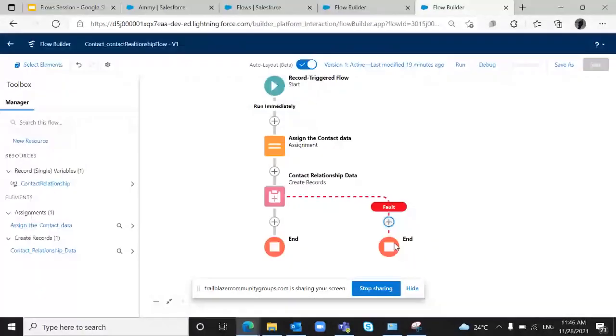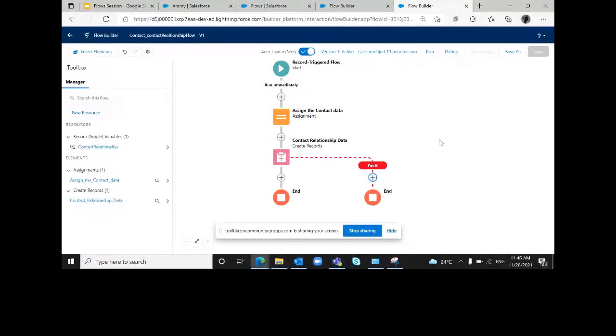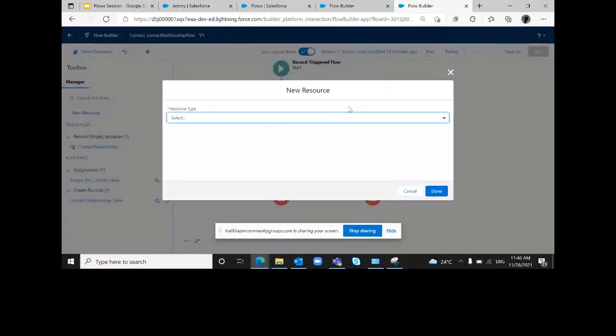Can you please explain again the use of creating resources in flows? Okay, so maybe let me share my screen again. So here we have a resource type, right?